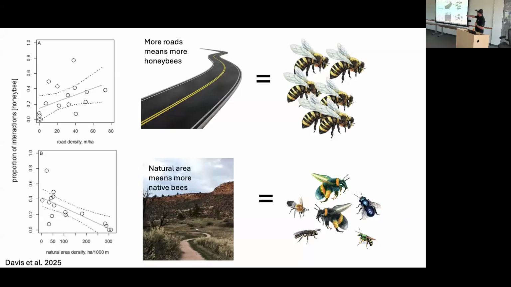When we look at the increase in road density, that predicts a positive increase in the number of interactions by honeybees in that ecological network. When you look at the increase in natural area density, that predicts a strong decline in the interaction frequency of honeybees in that ecological network. What does this mean? It means that honeybees are foraging in areas where people are keeping them, in roaded areas,